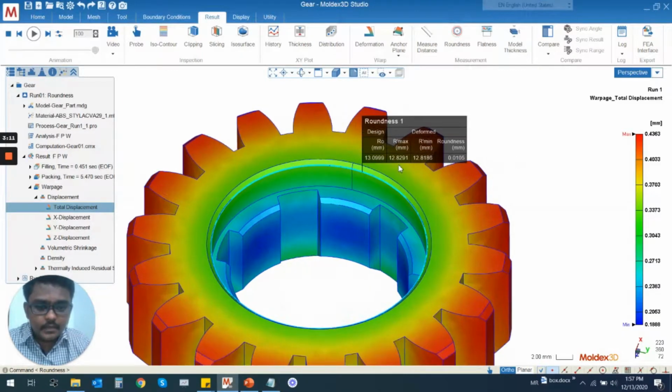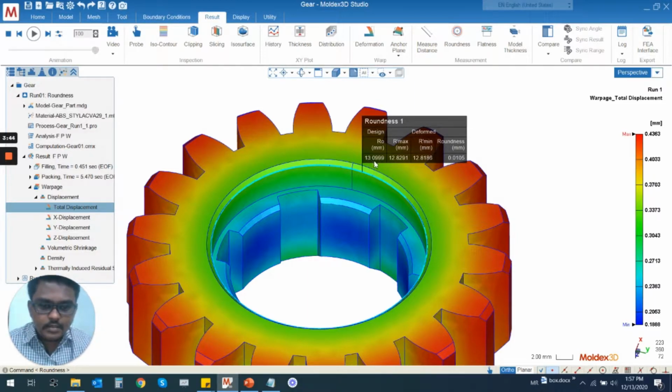Here you can see the dimension before the molding process, which means the dimension before the shrinkage and deformation. Later, after deformation, whenever we would like to check the roundness value, we need to check two things. One is the maximum diameter after the deformation. The second is the minimum diameter after the molding process. Based on these two pieces of information only, we can derive the roundness value. Here, our user interface gives all this information in 3 clicks.